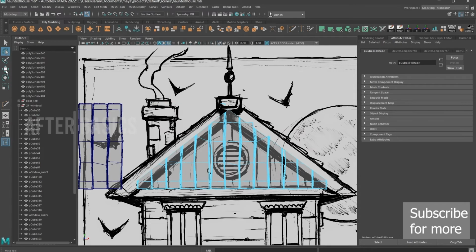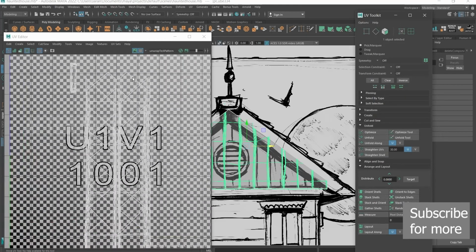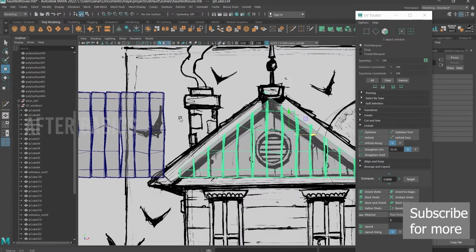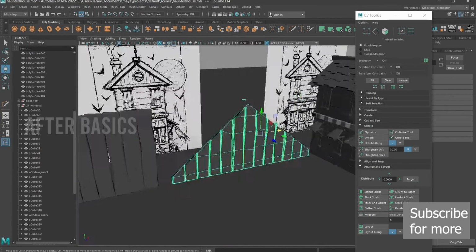So we get this and we go to UV. We're gonna see this. It's not a big deal. The UV is not bad, the UV is in the correct position, so it is okay. So we can do this. This is one way of doing it. This is very easy, and the only problem is